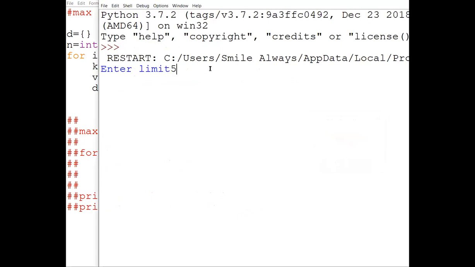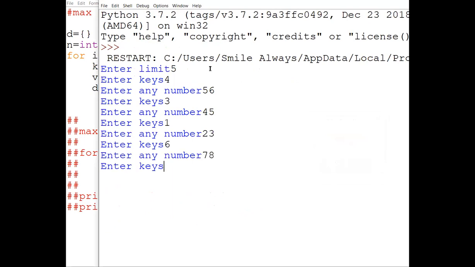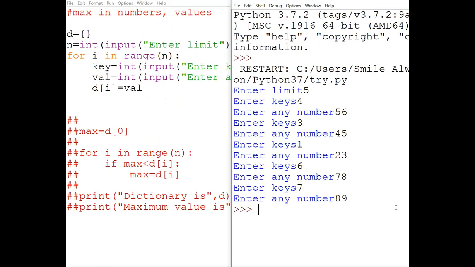Enter limit, suppose 5, 4, 56, 3, 45, 1, 2, 3, 6, 7, 8, 7, 8, 9. Okay, now my question is, once this is over, I want this particular key. How to get this particular key? What should I write here to get the key?